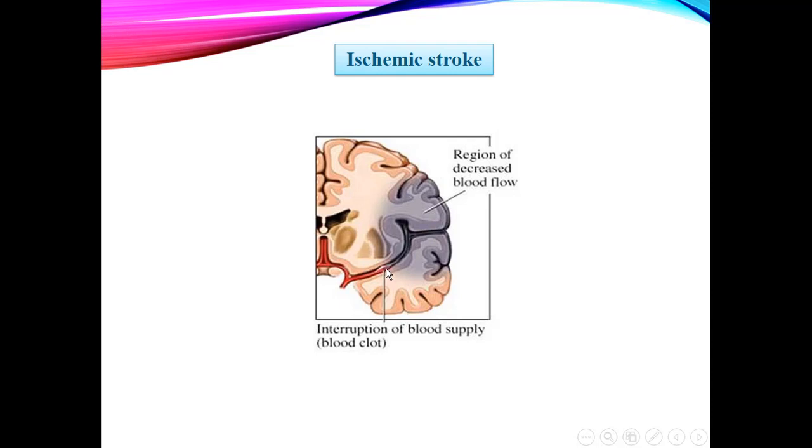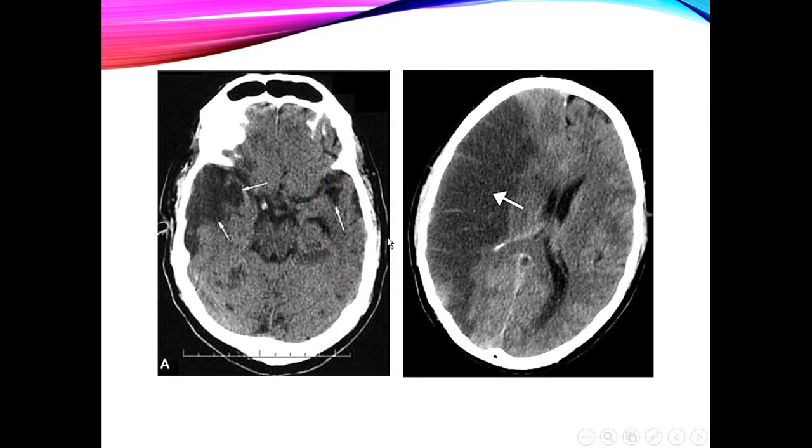Okay, occlusion or obstruction of an artery results in damage to part of the cortex and leads to a stroke. This kind of stroke is called the ischemic stroke, and on the CT scan of the brain,